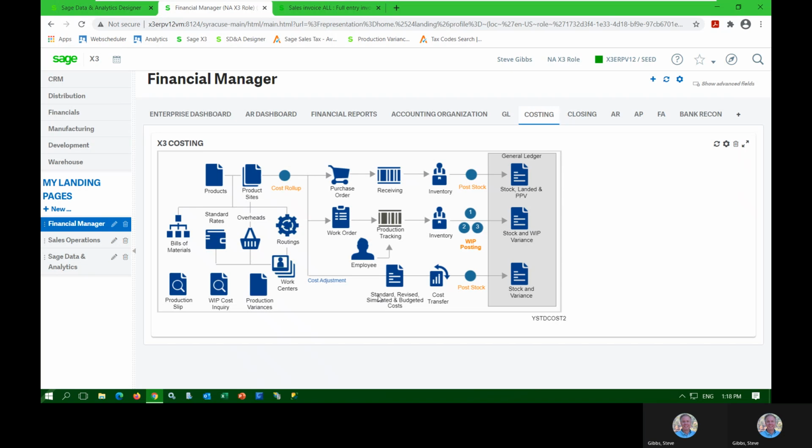You'll notice down here it says standard, revised, simulated, and budgeted cost. So what you can do is define different cost buckets. Like maybe you're working on your budget for the next fiscal year, the cost that you plan to use for the next fiscal year. You can set up your budgeted costs and then run reports and inquiries. And once that looks good, you can ultimately transfer those costs in as your standard cost, which will take effect in that next fiscal year. There's no reason to wait till January 1st to transfer those in as your standards because we won't use them until you get to January 1st. But the point is that there's multiple costing buckets in X3, which is very nice,